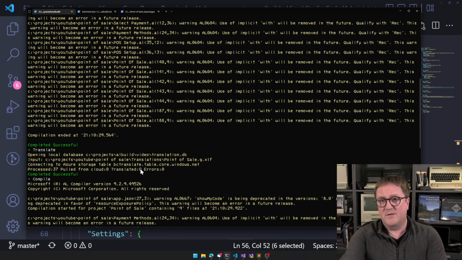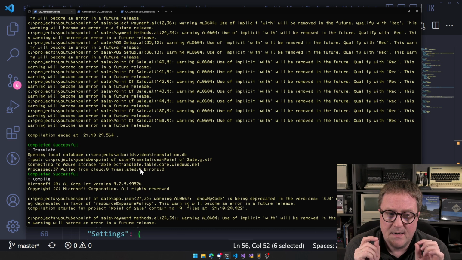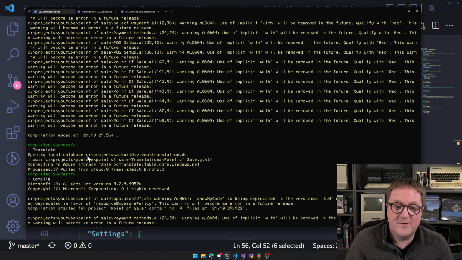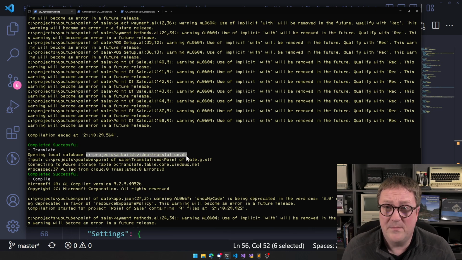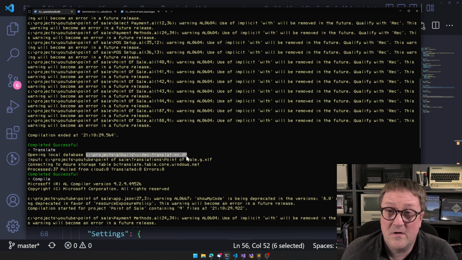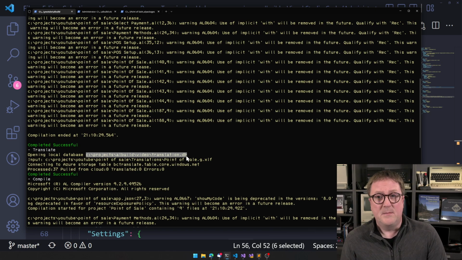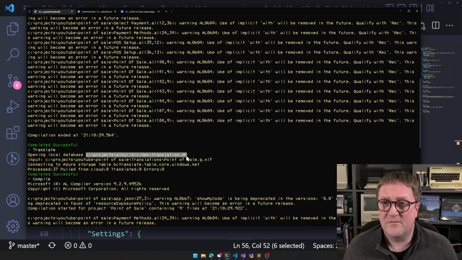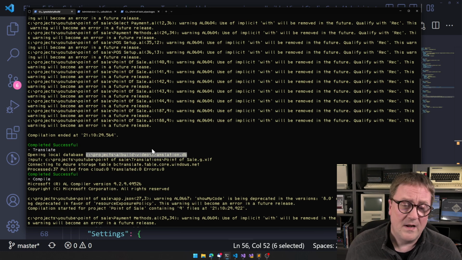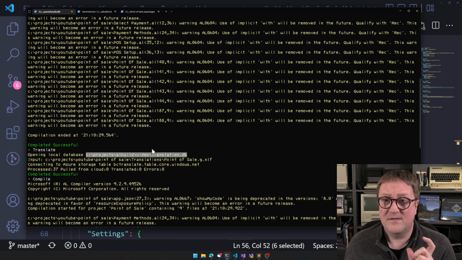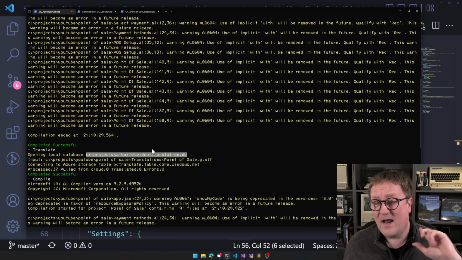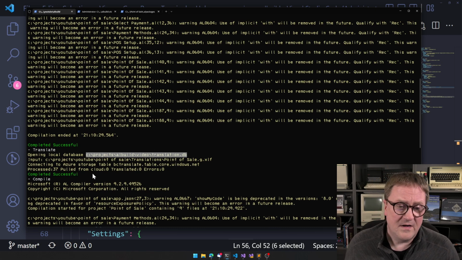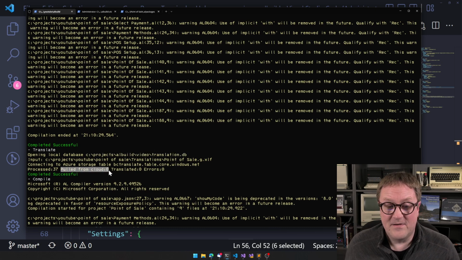So the way the translation works is that if we have the translation in our local database, we will just use that translation that we already have sitting in the database, meaning that it's ultra fast. We have the translation available. We don't need to go anywhere. If we do not have the translation available and we have access in the setup to an Azure table storage, and the text happens to be translated there,